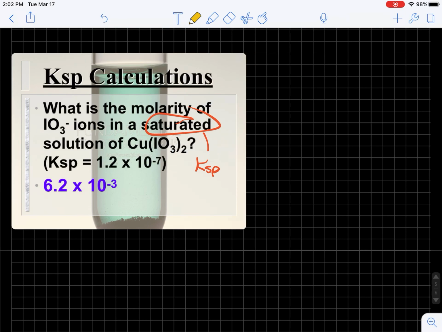So let's set up Ksp first. All right, Ksp. This thing dissolves and produces copper 2 plus,